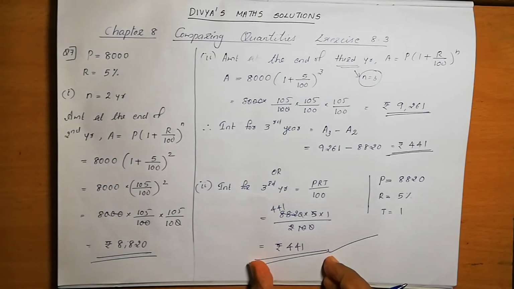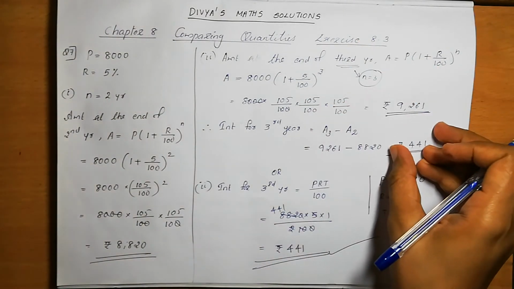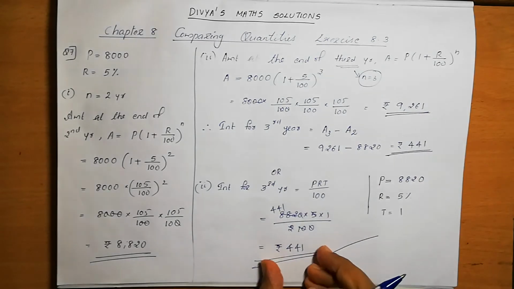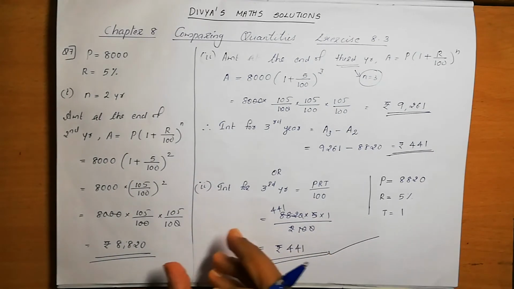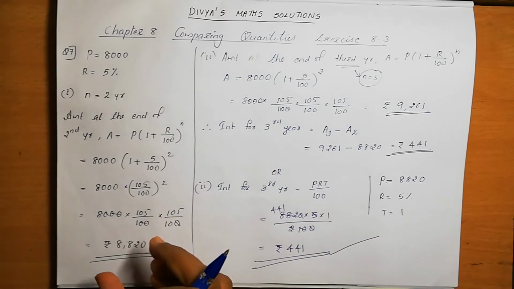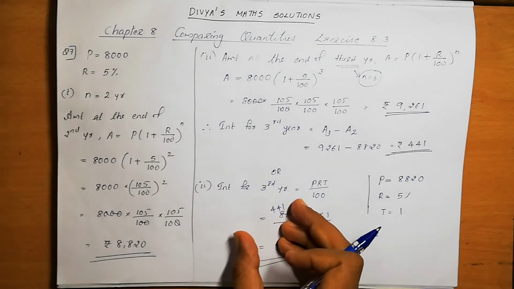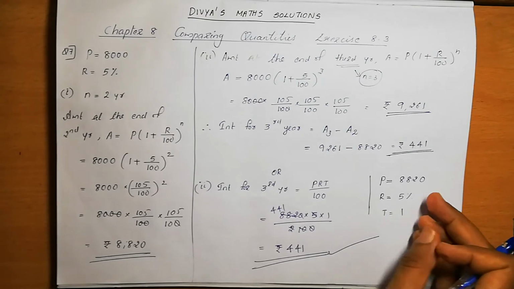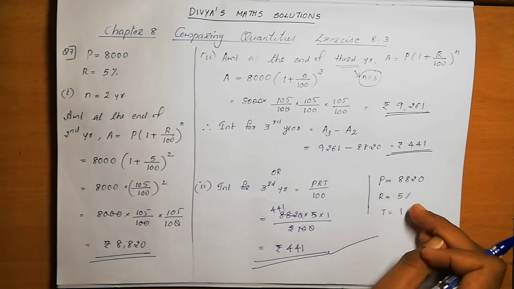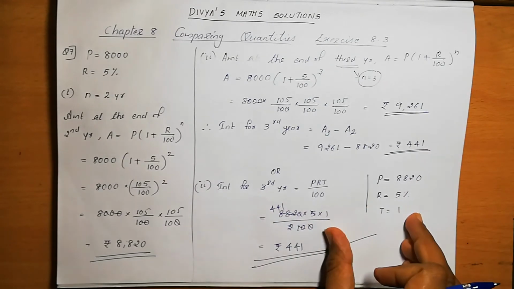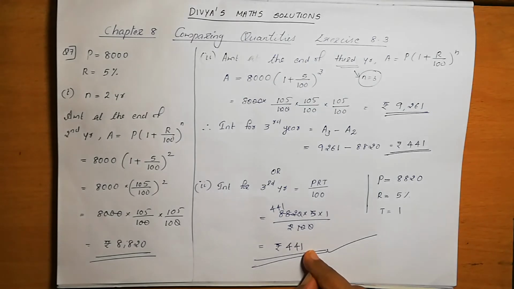So like this also we can find, or like this we need to find. After that we can subtract also. I think this is easy, but we should understand the concept. So at the end of the second year, whatever money, amount we have, that is a new principal for the third year, correct? That money is depositing. For that money only we are getting interest for that 1 year. So like that, like this also we can find the interest for the third year.